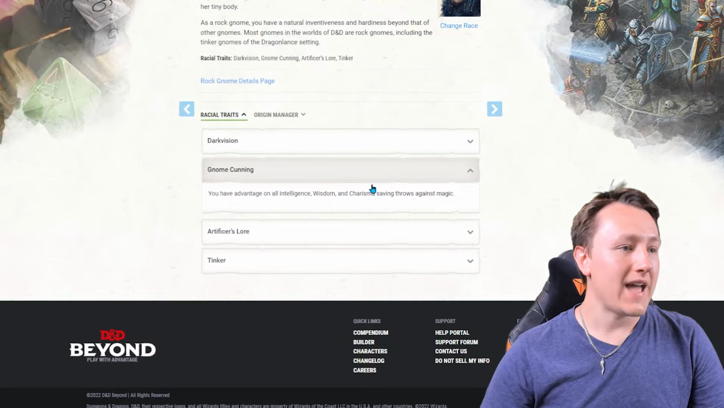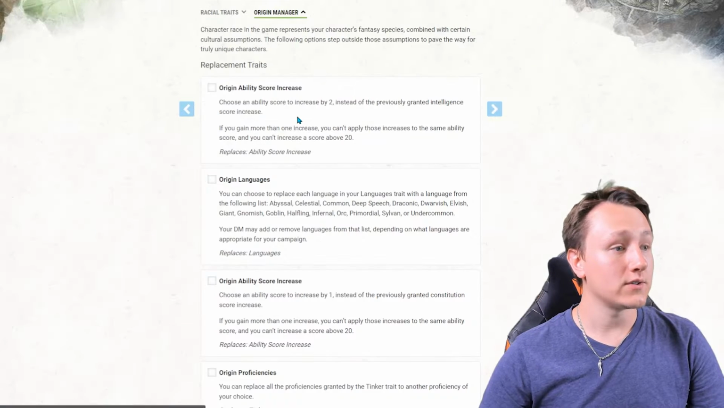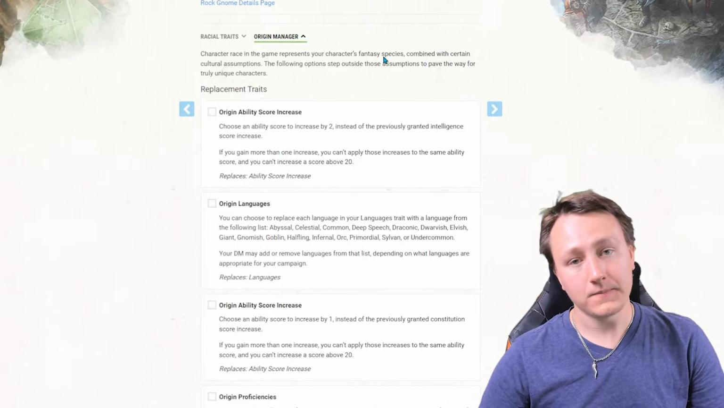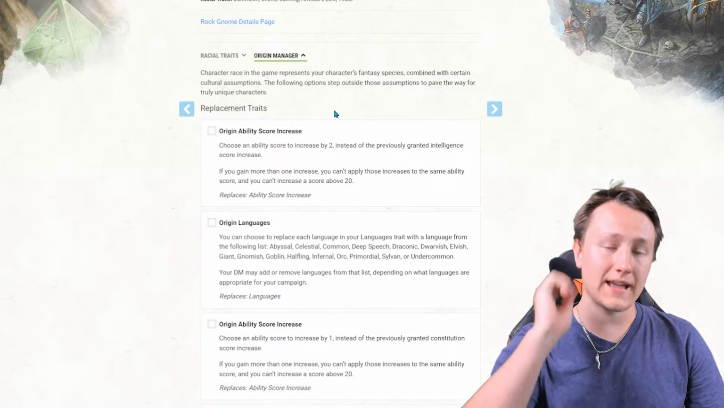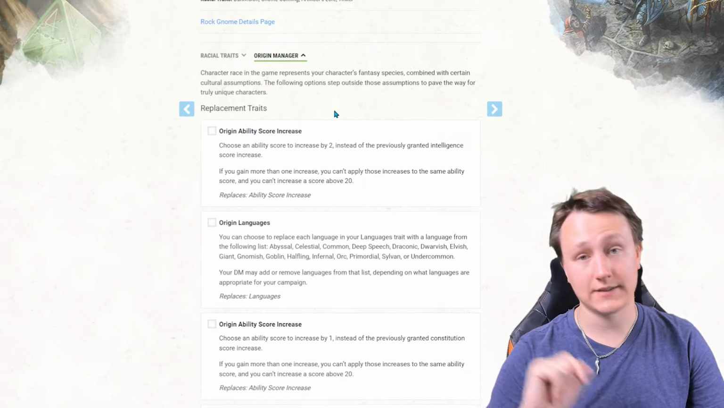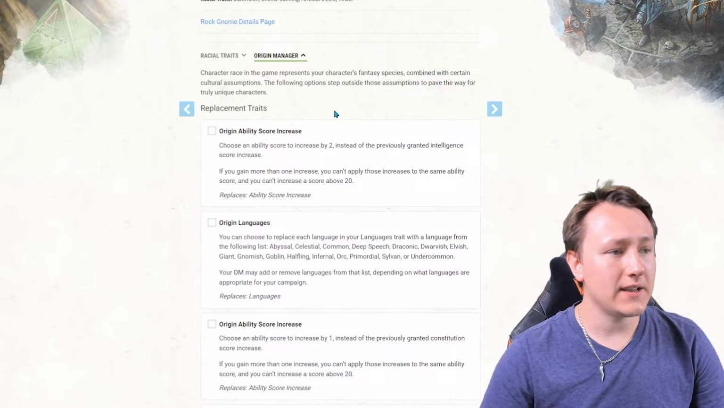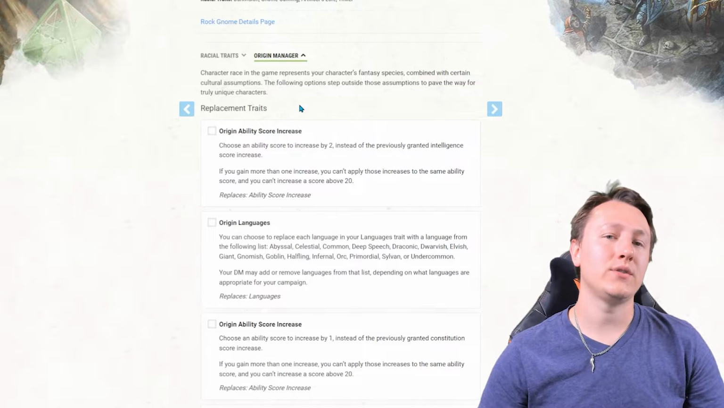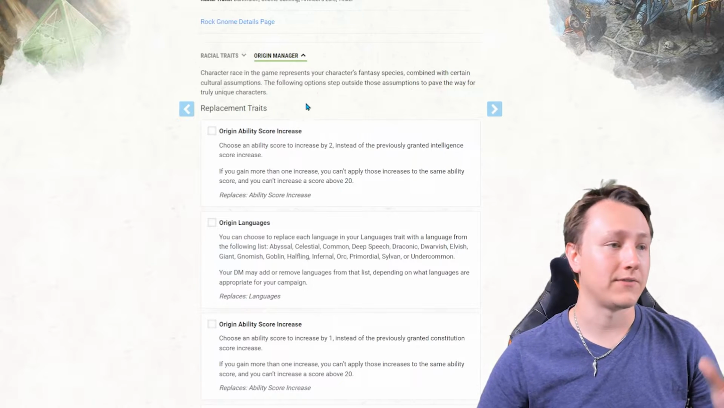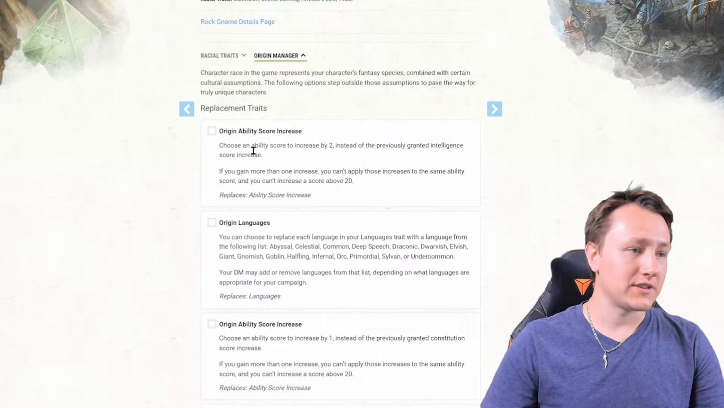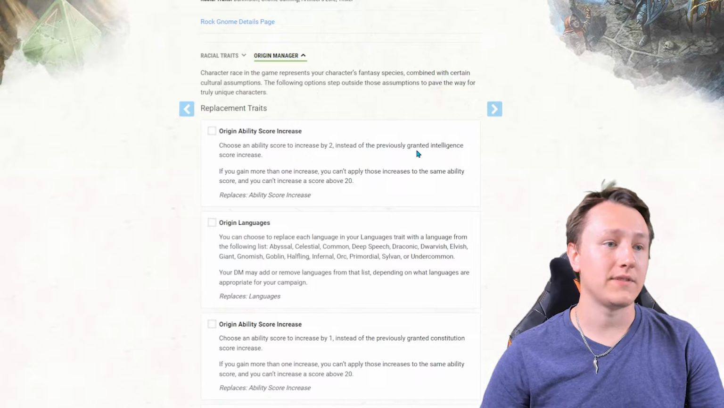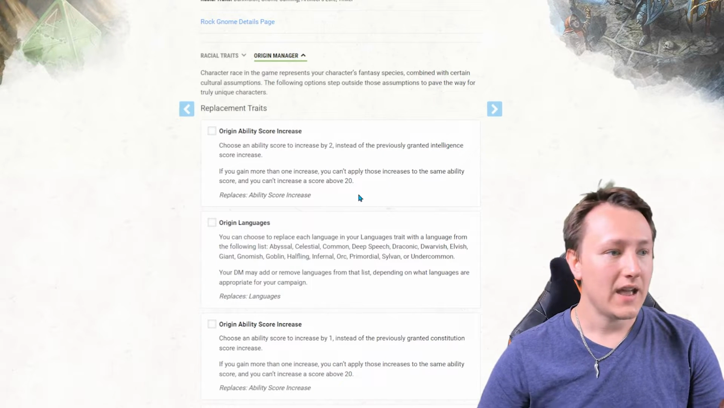But now that we have the racial traits selected, we can also go to the origin manager. And this is a newer thing added in D&D Beyond that is not in the Player's Handbook. At least I don't believe it's in the Player's Handbook. Effectively, it allows you to choose how you build your character more specifically. This allows you to pretty much increase your ability score by 2 instead of the intelligence that you would normally get. And this is really meant